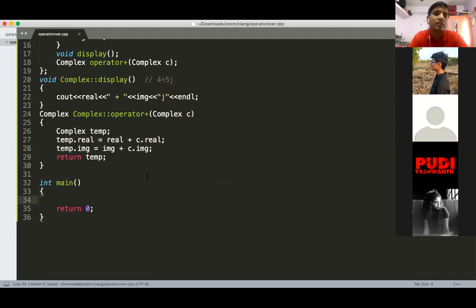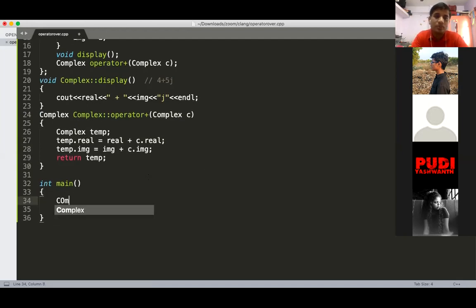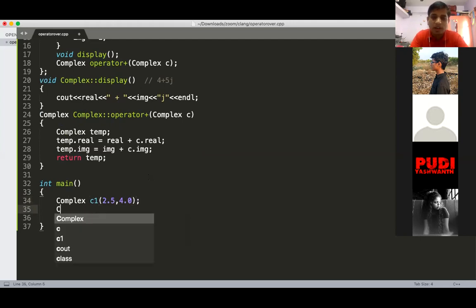Now the next step is to create different objects. So first I am creating the object c1. I am defining c1 as, suppose, 2.5, 4.0, and c2 I'm defining as 3.0, 3.5.